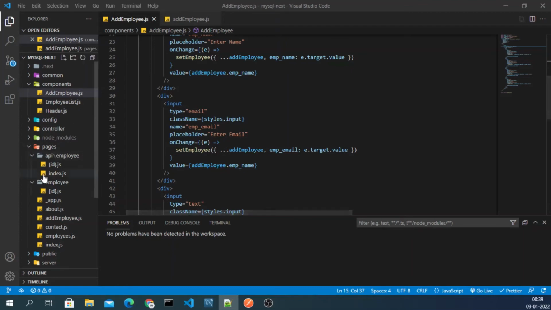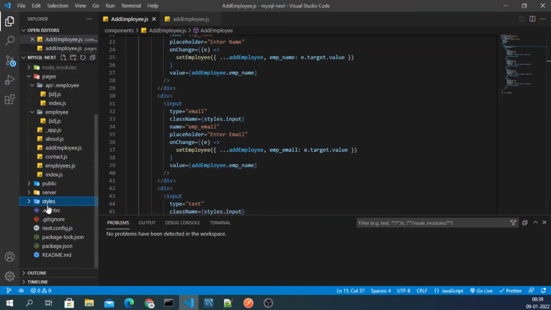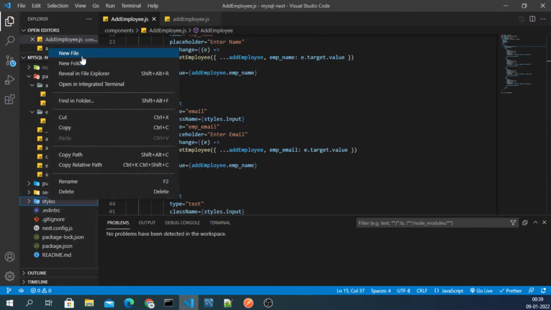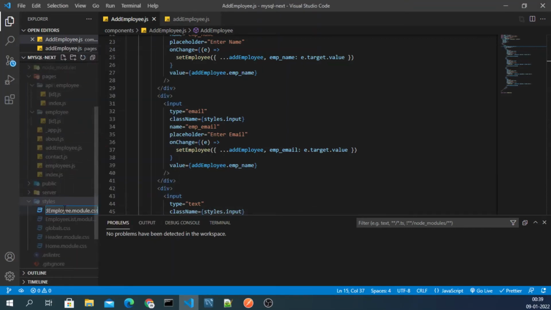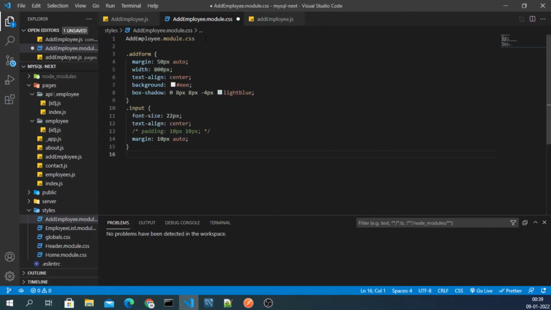And I will simply create a CSS file inside style.js here, and then I'll simply copy all the CSS from my copy here, and remove this.